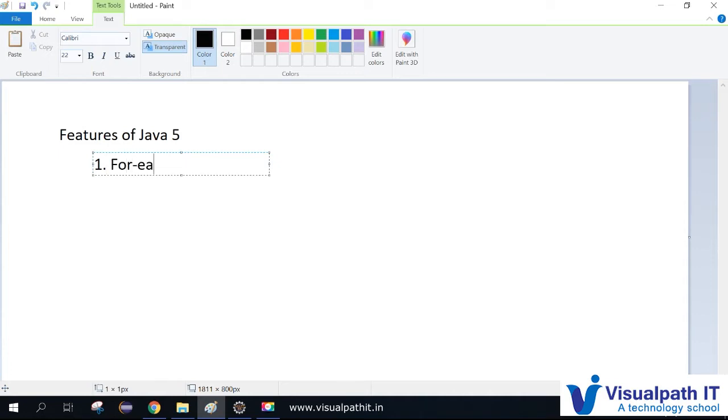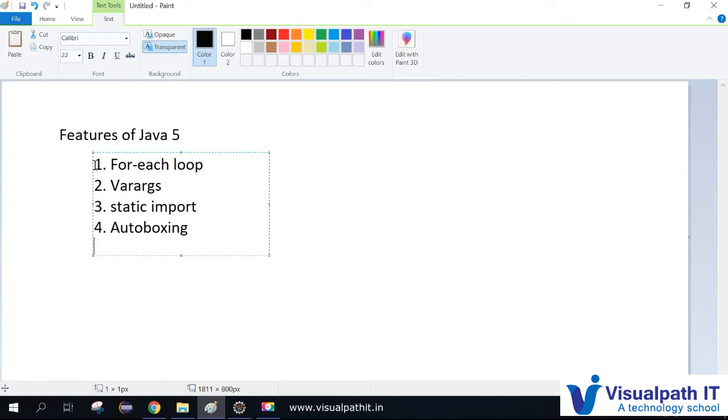for each loop, and whereas, static import, auto boxing.